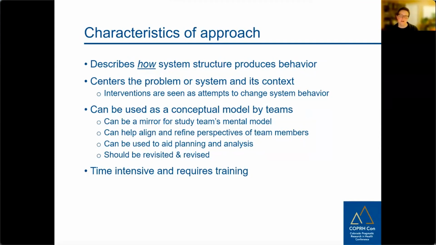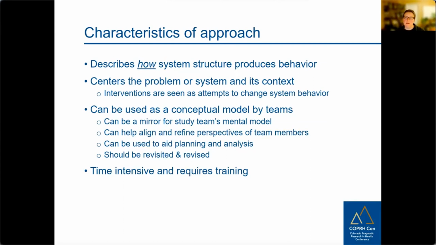They have their own goals, and they have their own mechanisms that are working in a certain way, independent of any sort of change that you want to make of them. So with systems diagrams, they can be used as a conceptual model by research teams, in that it can